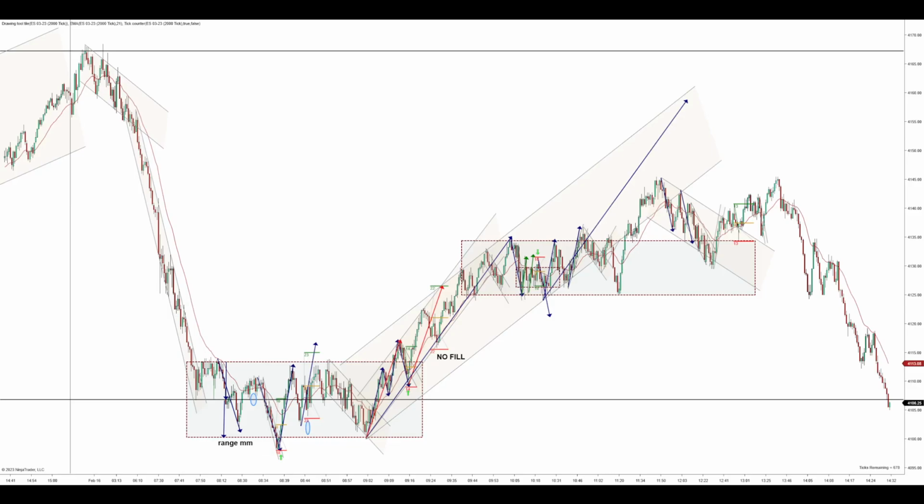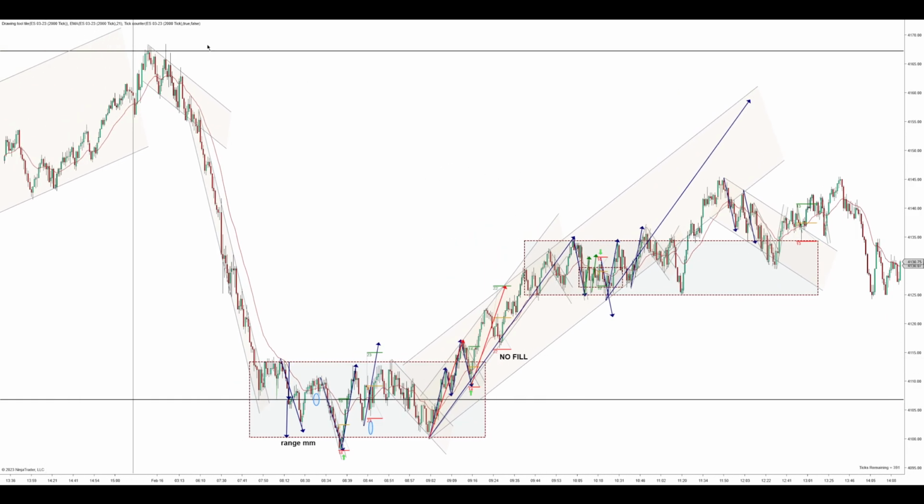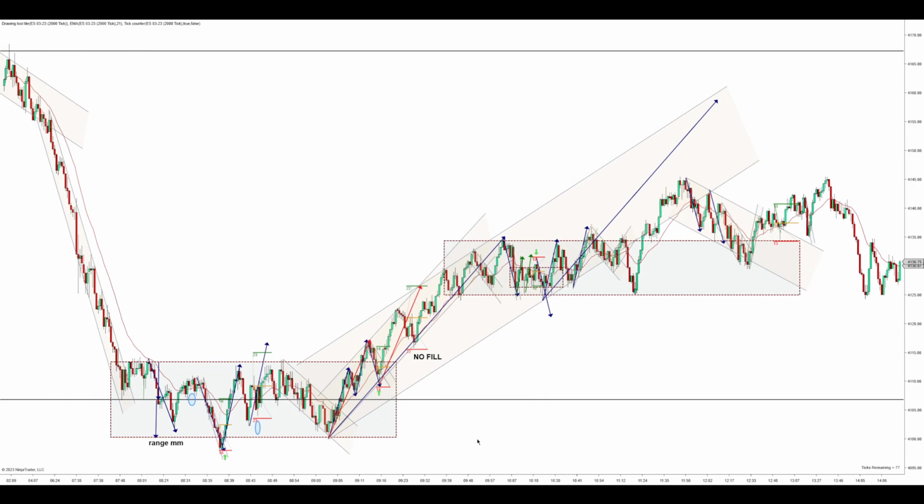I'm trading the ES futures on a 2000 tick chart with a 21 EMA. So I put my overnight highs here, my overnight lows here,